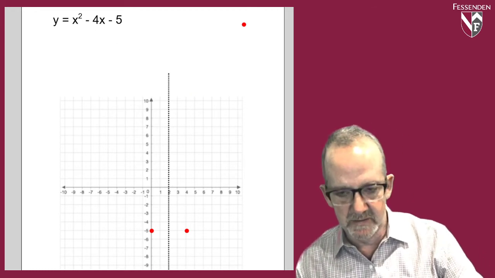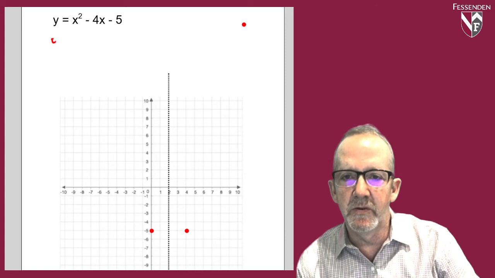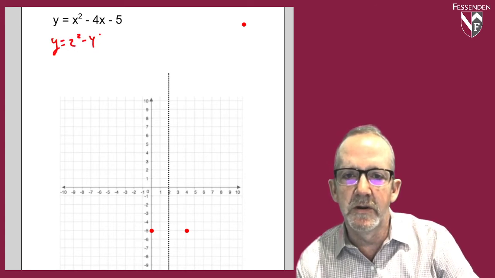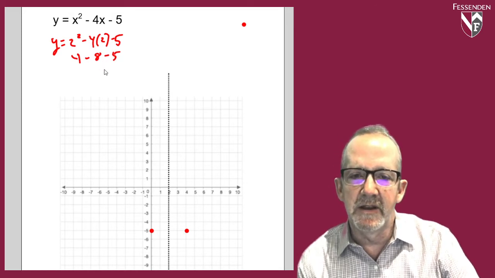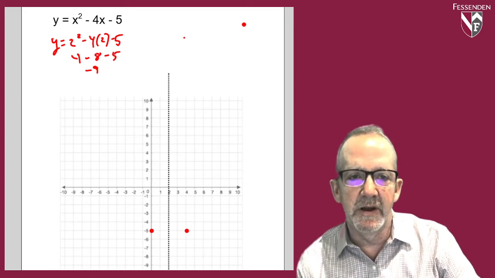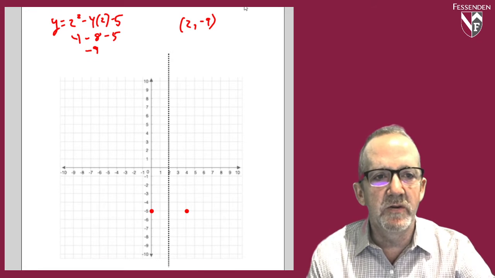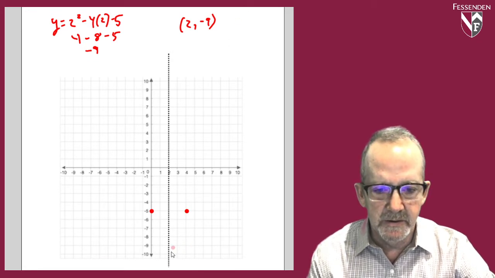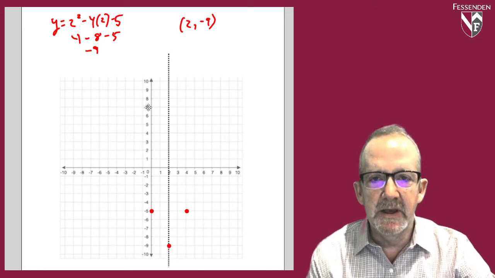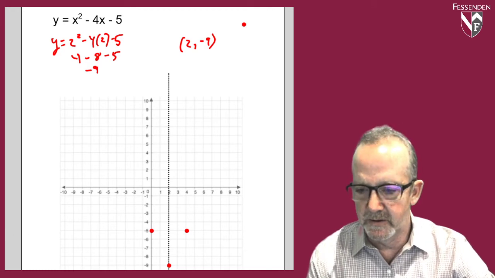And so that means our y value will equal 2 squared minus 4 times 2 minus 5. That's 4 minus 8 minus 5. That's negative 9. So we're at 2, negative 9. That's a useful thing. Hopefully that's going to agree with us. All right. And then the other thing, hopefully you would notice,